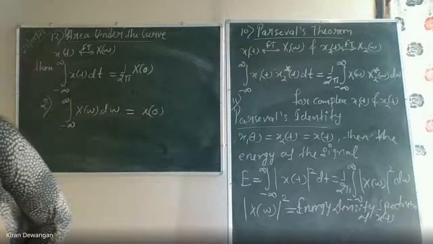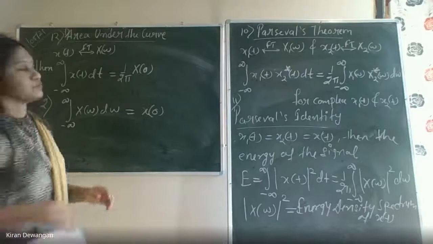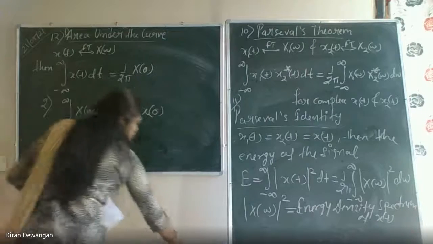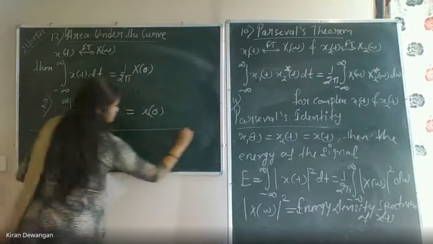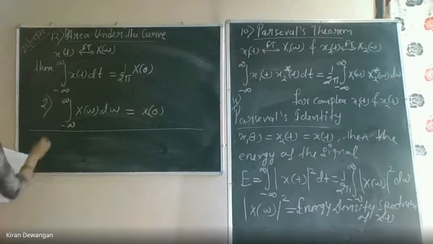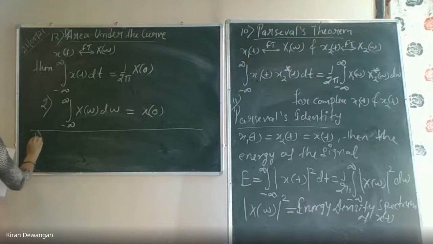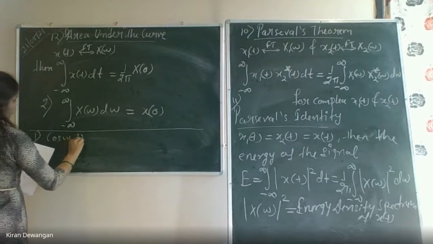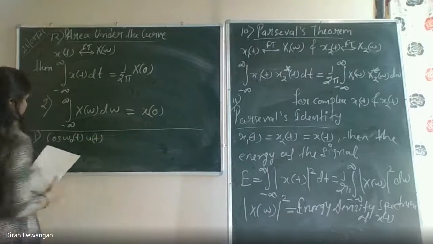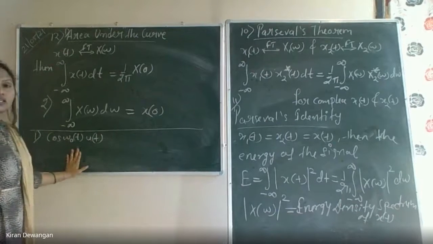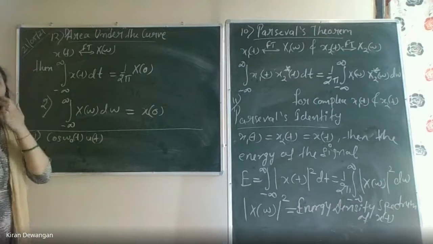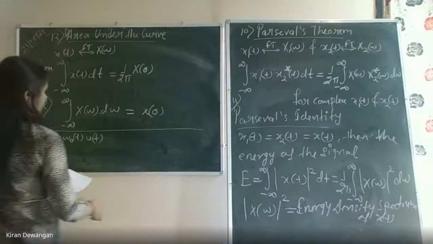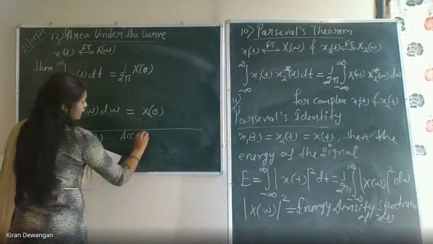Now let us solve the numericals based on this. First one: obtain the Fourier transform of cos(omega naught t) u(t). Have we done any property based on this? For cos(omega naught t) u(t), there was a property known as the modulation property. And what was the modulation property? Now, according to the modulation property,